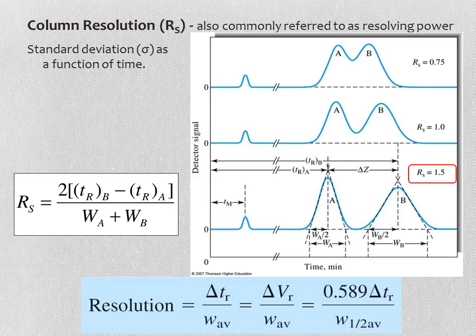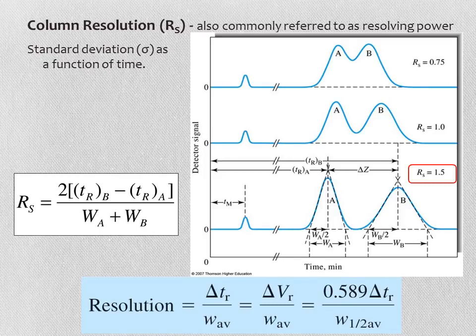do is make our bottom term, our denominator, be the average width. So we have this average width, and this is at the moment defined as the baseline width. And then we have our change in retention time. In the blue box down at the bottom then, we have change in retention time on top over average width on the bottom. You could also think of that as change in the volume of retention, but that's not particularly